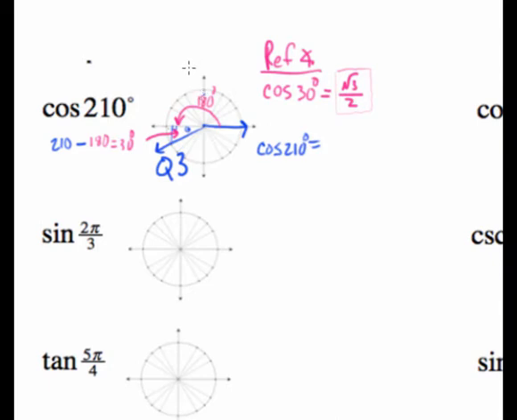The cosine is positive here, negative in the third quadrant. So the actual answer is going to be negative, because it's in the third quadrant, of the value we found from the reference angle. So this is our final answer right here,